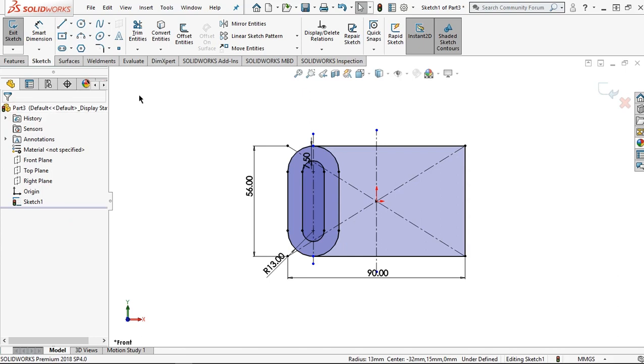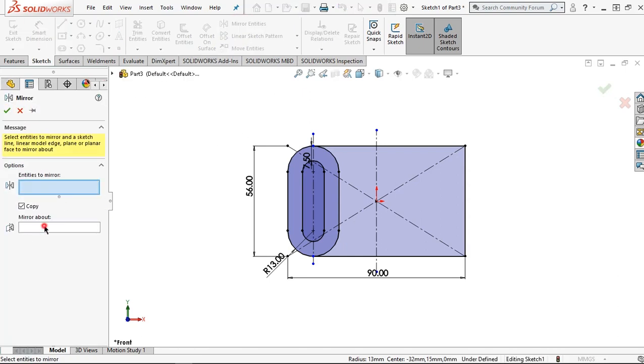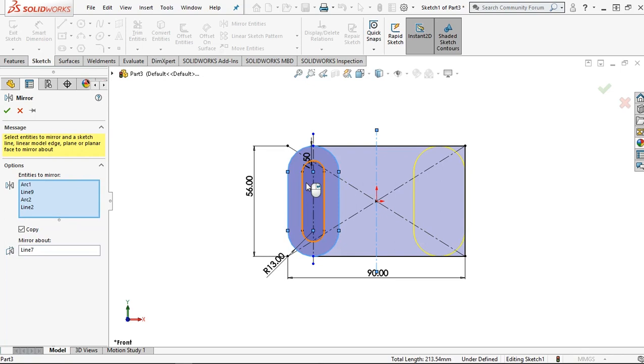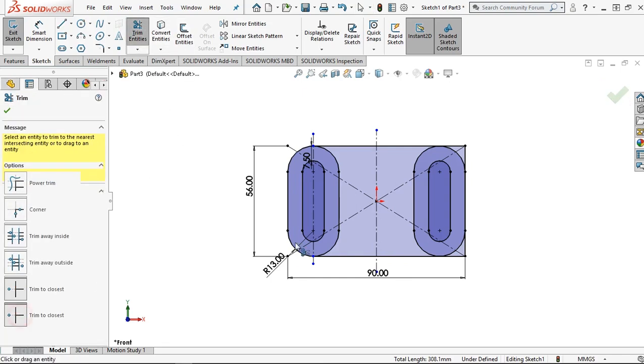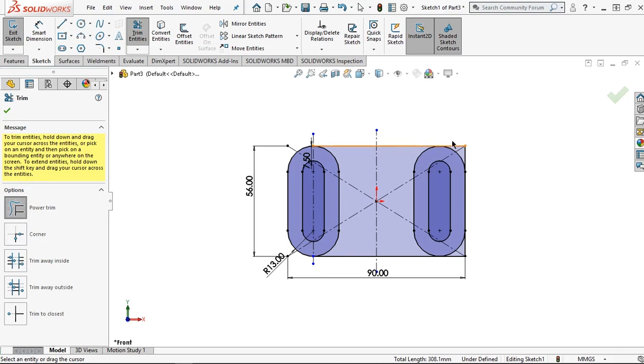Well, for the next step, let's click on mirror entities, and I want to mirror about this guideline. Then click the sketch. Click OK. Then click trim entities and click trim, power trim is selected.